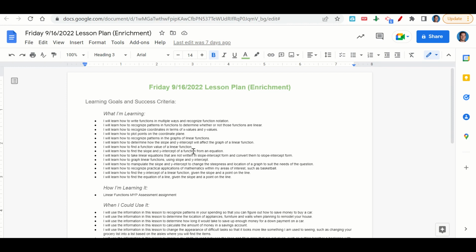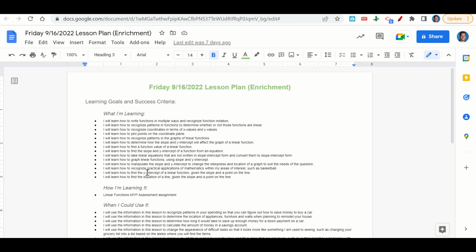from an equation, take linear equations that are not written in slope-intercept form and convert them to slope-intercept form, graph linear functions using slope and y-intercept, manipulate the slope and y-intercept to change the steepness and location of a graph to suit the needs of a question, to recognize practical applications of mathematics within your areas of interest such as